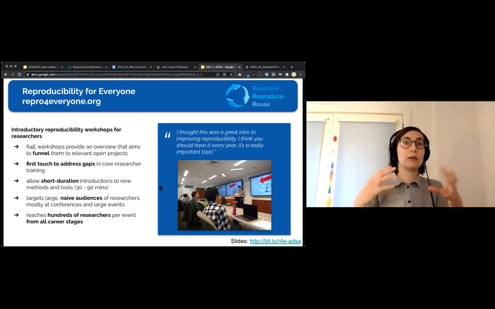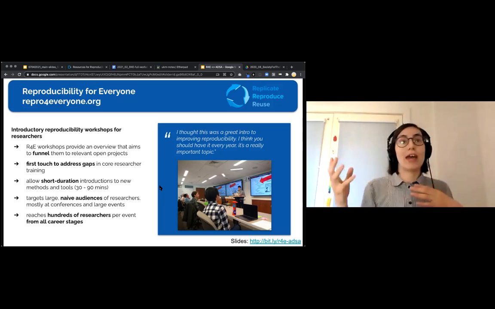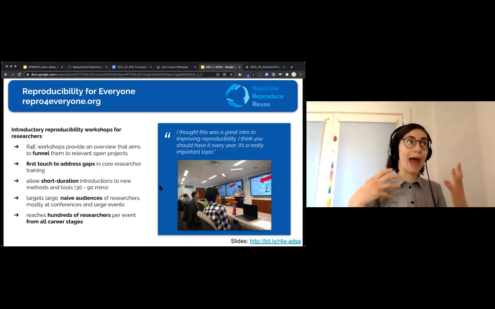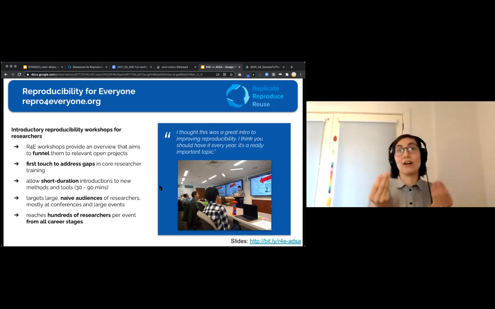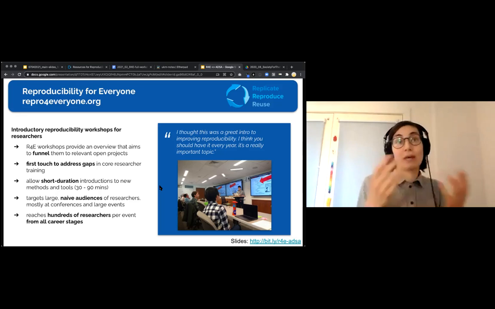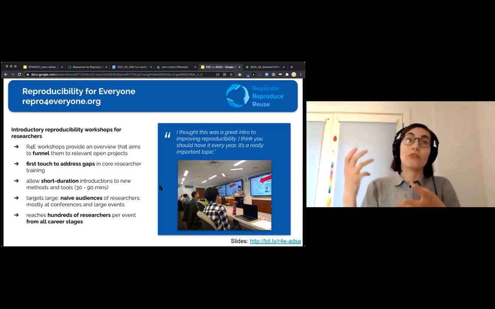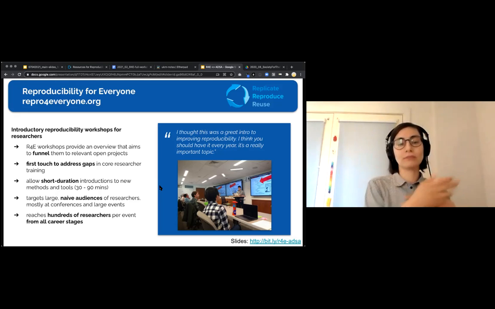So a conference is a magic time for reaching a more diverse group of folks in terms of career levels and how they feel emotionally about reproducibility, whether it's something they actually care about. You can actually get more people that don't care and hopefully turn them into people that do care.